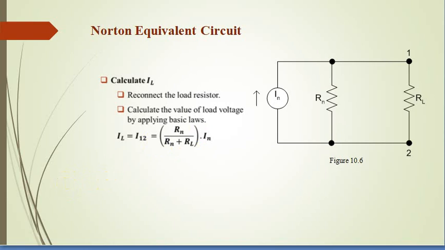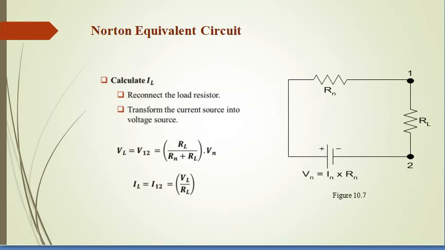Another thing while solving the Norton theorem is, if like in the hardware lab we don't have a current source, we are supposed to convert this into a voltage source. It's very easy to convert the current source into the voltage source if we have a current source with a parallel resistance. So this combination can be changed into the voltage source. How? You can see this in the next slide.